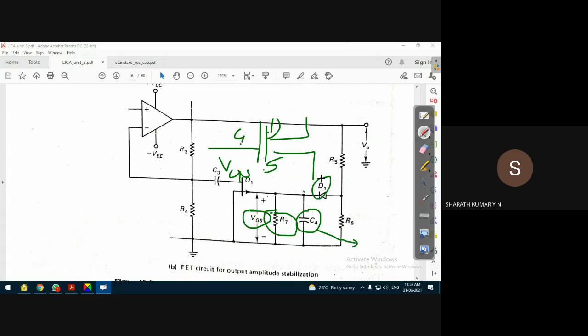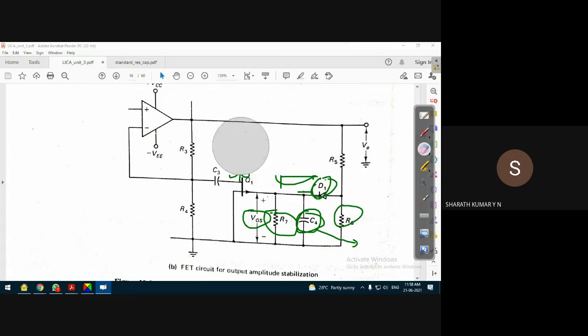Diode D1 is the rectifier circuit, and the output of this diode D1 is a pulsating voltage. To smooth out this pulsating voltage from the rectifier D1, this capacitor C4 is used. The voltage across D1 is obtained using a resistor R6. So these are the other components of the network.